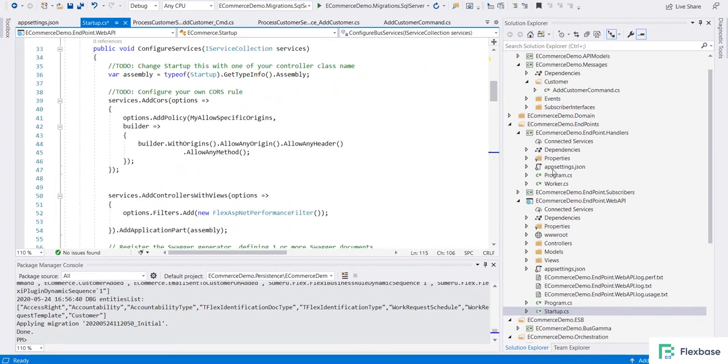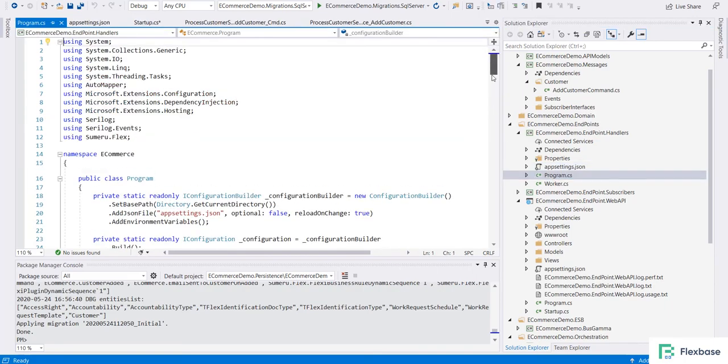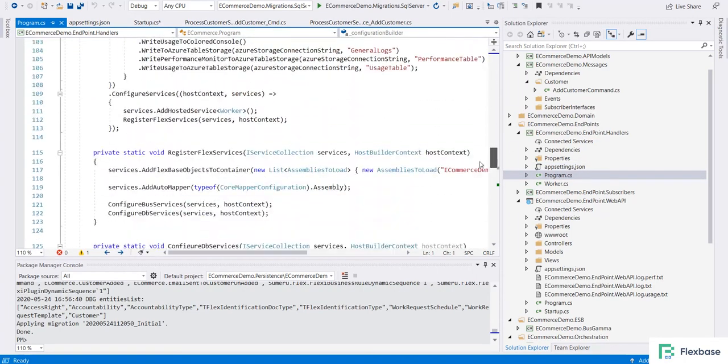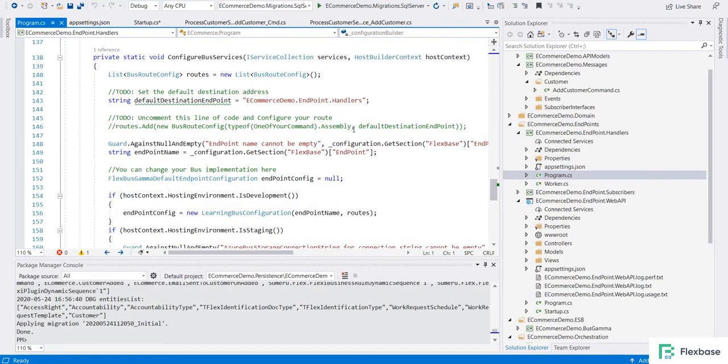Now let us come to the handler. The handler may send messages to itself, but it may not need that much. So we can just make this so that the same assembly, same destination we have given. Just this will not do anything because you are not sending any messages to this one.